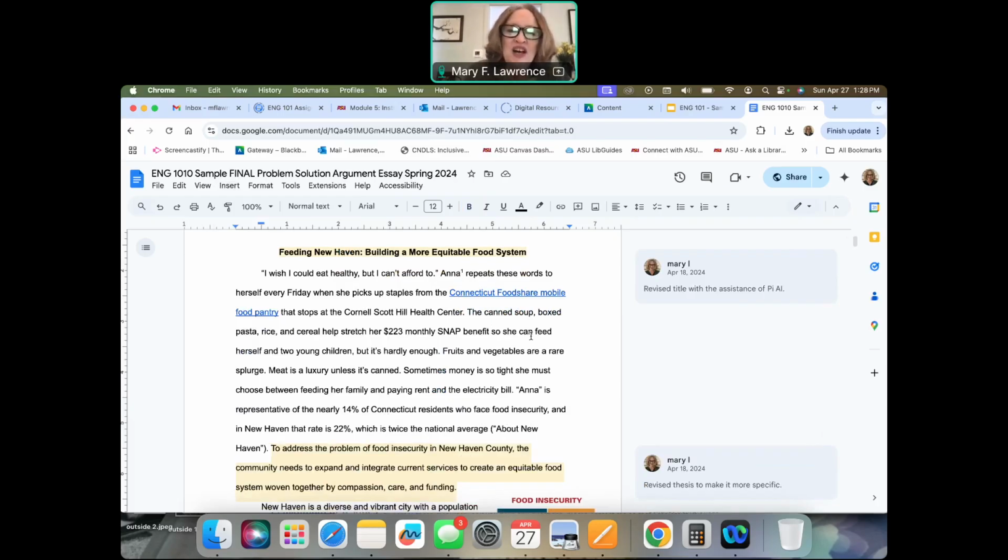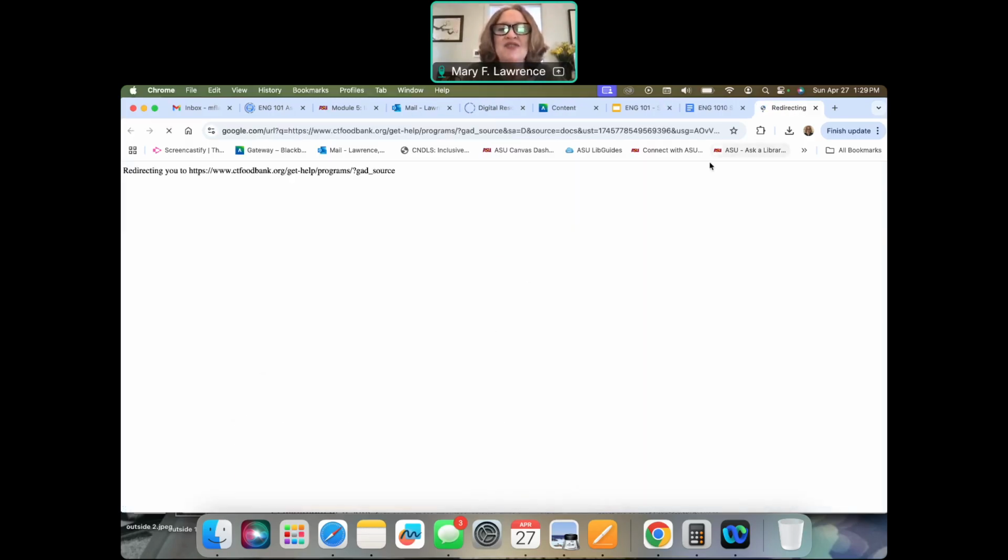So one word of caution is I don't want you to hyperlink citations. So for example, here is an MLA citation showing what the source is. You don't want to put a hyperlink with that. But instead, what I did was, if there is information that a reader might want to explore further, like the Connecticut Food Share Mobile Food Pantry, instead of me explaining what that's all about in my essay, I just included a hyperlink. So as you can see, that goes,